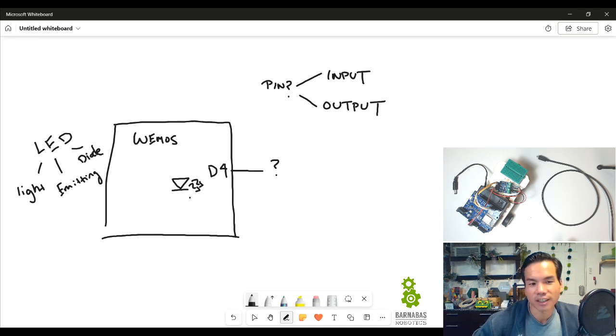This little triangle with the line means diode. It means that electricity can only go one way. That's how I like to explain it. We'll probably go deeper into circuits and stuff in a future video, but I do want to say that for